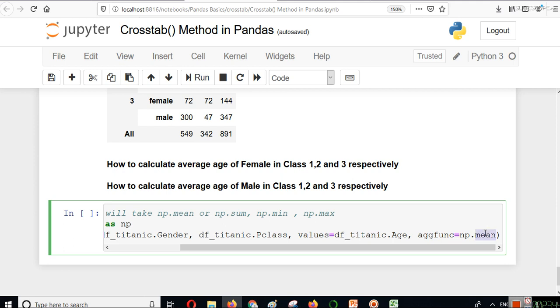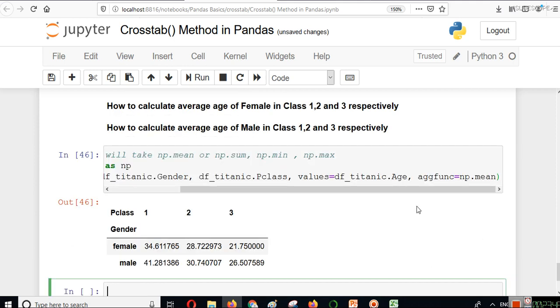Here first we are trying to calculate the mean, that is the average age, and you execute this. You will see that in passenger class 1 the average age of female is 34.6 and of male is 41. In passenger class 2 this is 28, and in passenger class 3 this is 21.